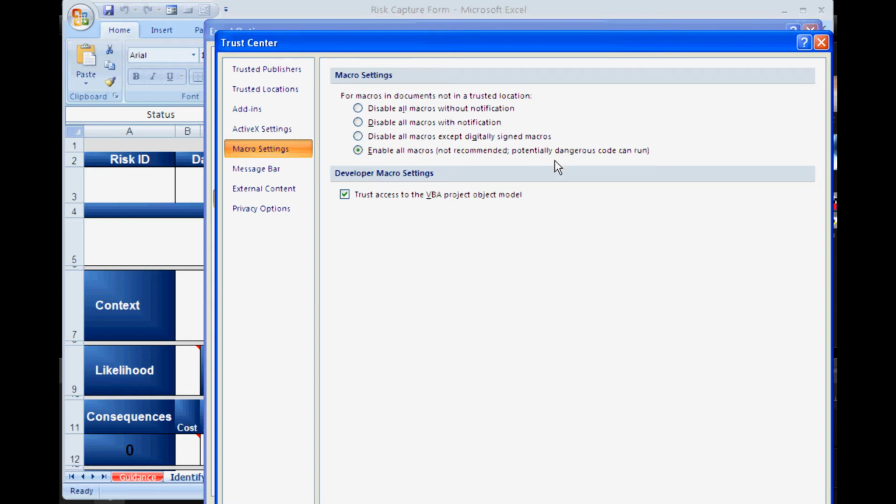You should be okay, but if you really want to be safe in the future, we would like to eventually be able to use digitally signed macros for these workbooks. Right now we haven't done that yet, but we would like to do that. For now, we'll have to enable all macros. I think you'll be okay, but if you're really concerned, contact your risk manager, facilitator, or project manager for more information